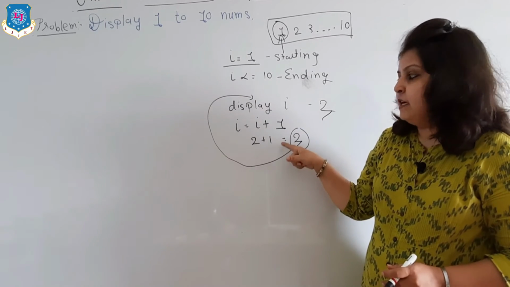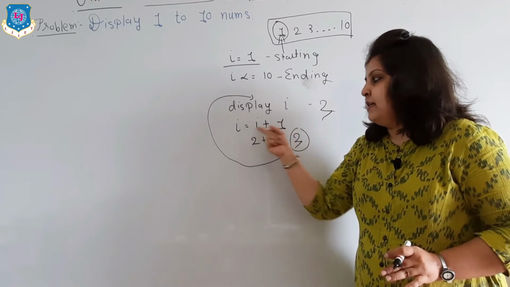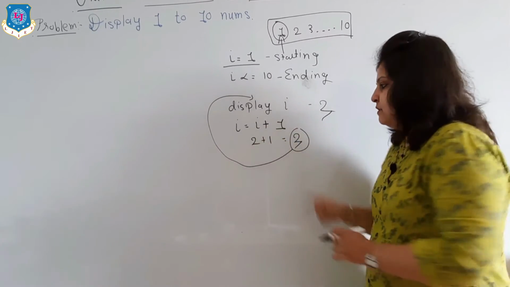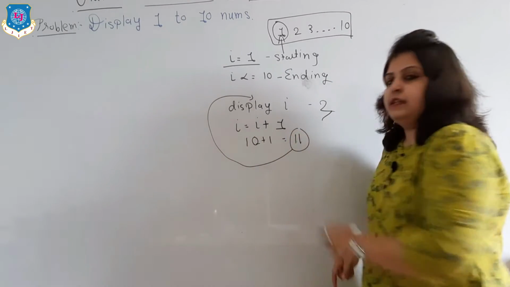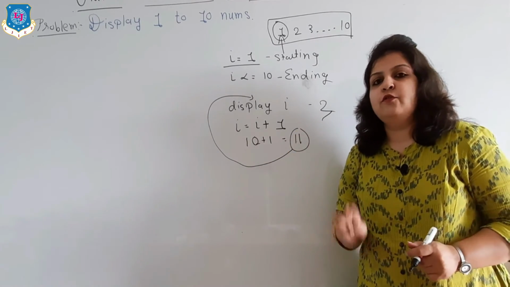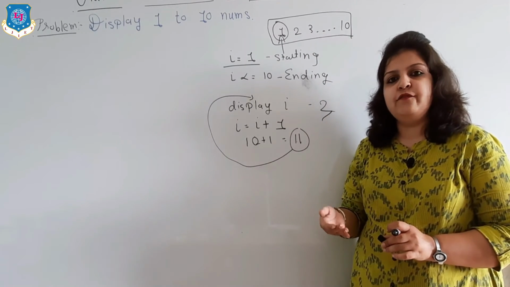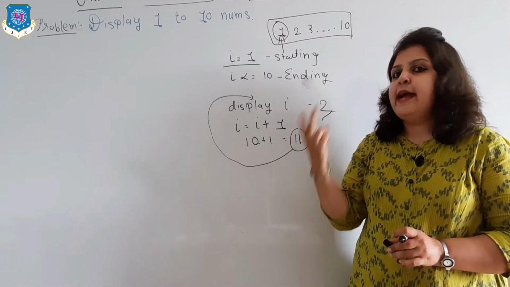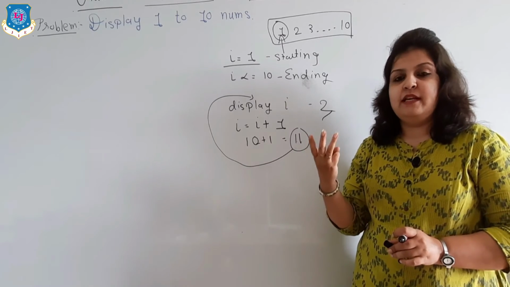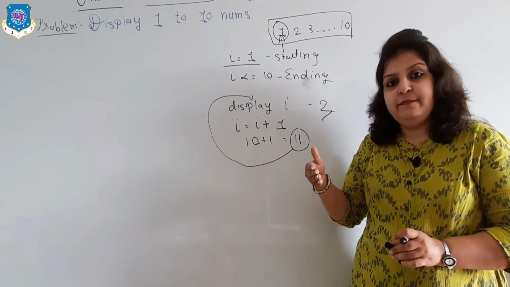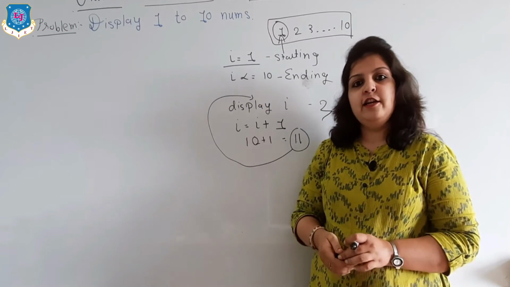So when I becomes 10, simply display I, but when I is equal to I plus 1, meaning 10 plus 1, I will be 11, and then we have to stop, because we want only 1 to 10. So for repetition we have to remember the starting value, the ending value, which is also called the termination condition, then the process, meaning what we have to perform in repetition, and the increment part. Let's see how we can write the algorithm.